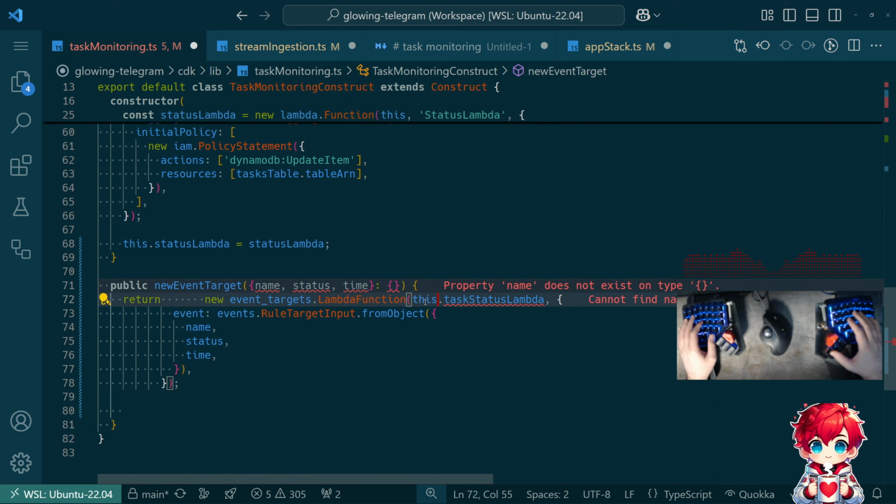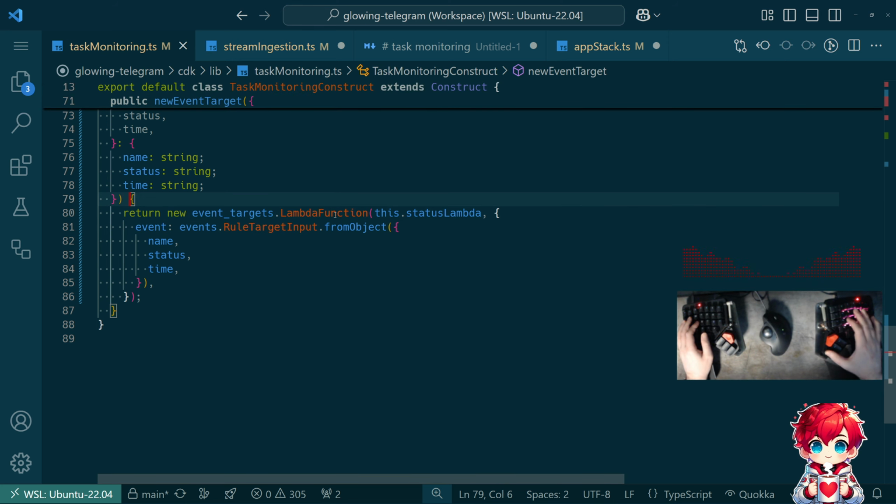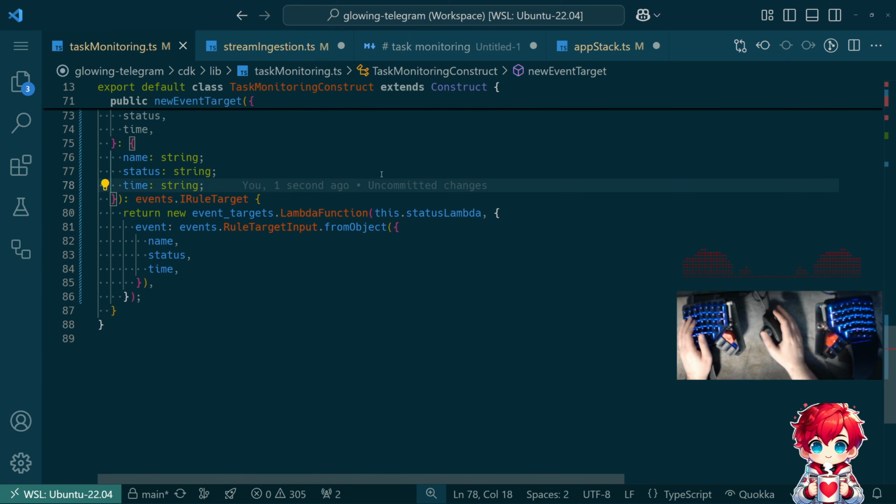A method that returns event target's Lambda function. But that is a rule target. So let's, I don't want to close that. We're gonna say, hey, this returns an event's rule target. There we go. And so in stream ingestion,